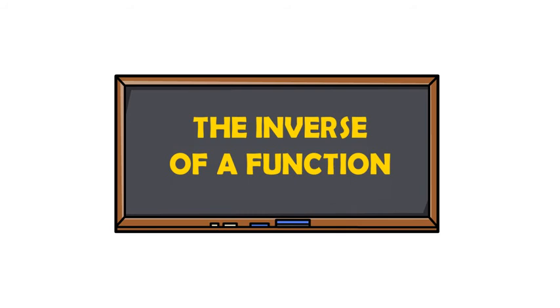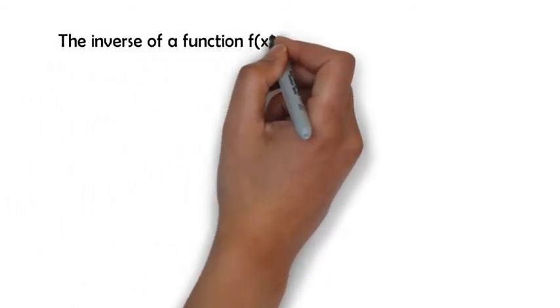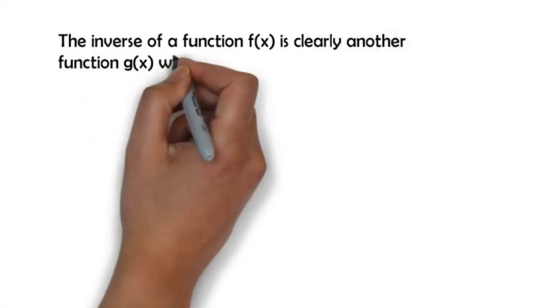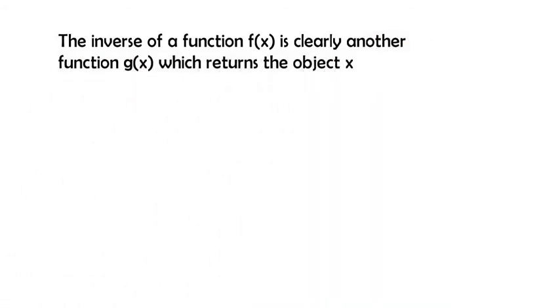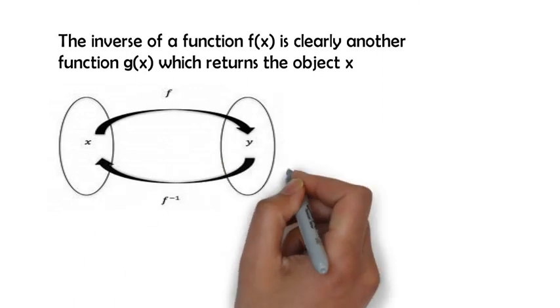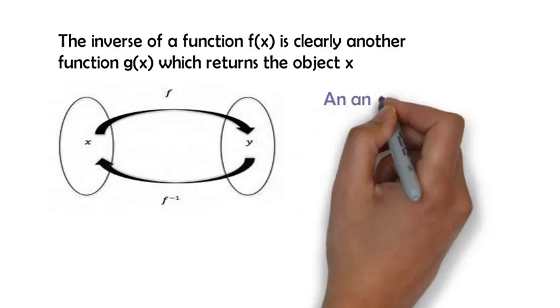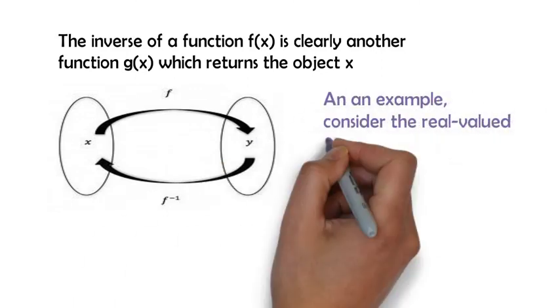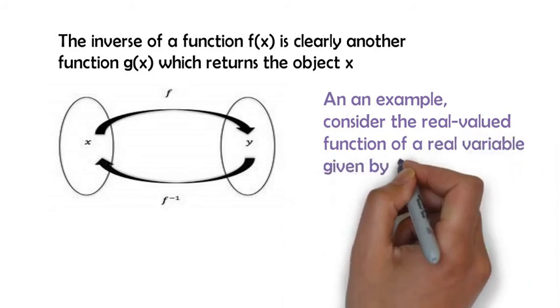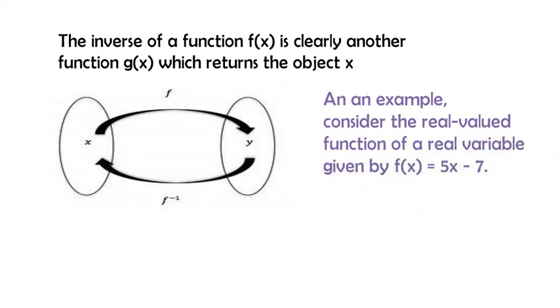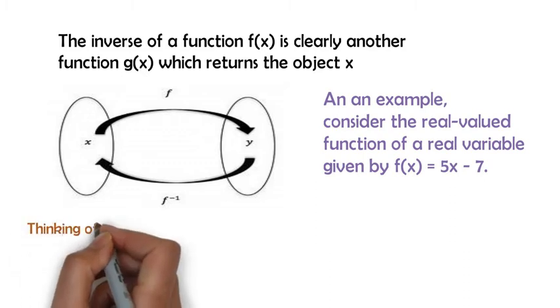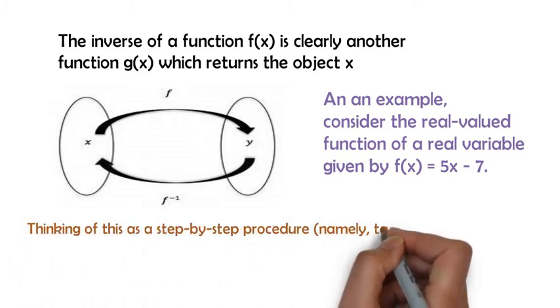Inverse function. The inverse function of f of x is clearly another function, say g of y, which returns the object x. As an example, consider the real valued function of a real variable given by f of x equal to 5x minus 7. Thinking of this as a step-by-step procedure,